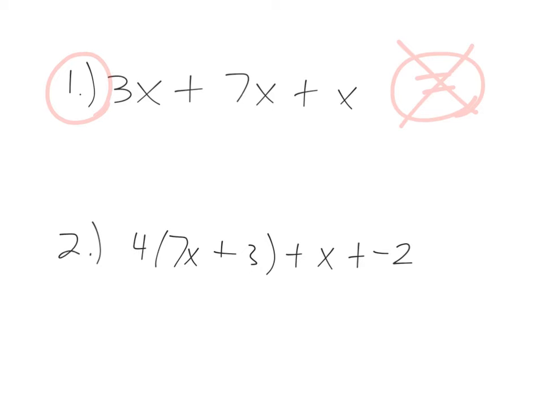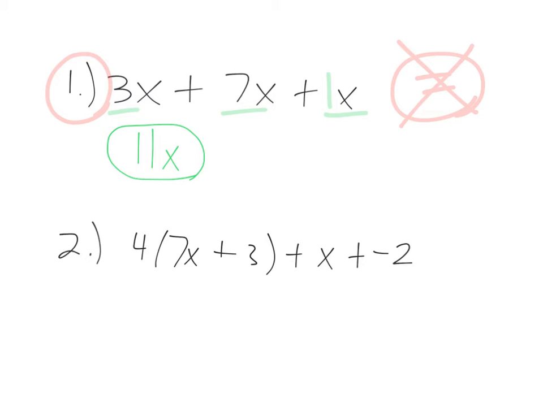When you simplify an expression, you have the challenge of combining like terms. Like terms are terms that have the same variable attached to them. So in this case, you have 3x and a 7x and an x, which is like a 1x. Those are all like terms, so we could put those together. And you add these terms just the same way as you would add 3, 7, and 1. The only difference is there's an x attached to it. So if you do 3x plus 7x plus 1x, that would be 11x. That's the answer to that